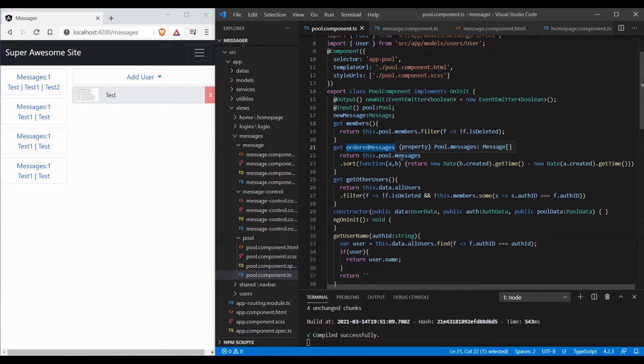So basically we're going to get the messages on the pool and sort them, and the last in should be at the top. We discussed this before, but we're going to use the created date time, and we're going to new up a date and use the getTime function, which will get your time in milliseconds, and we're going to subtract that from the first value. So in order to sort by newest in at the top,